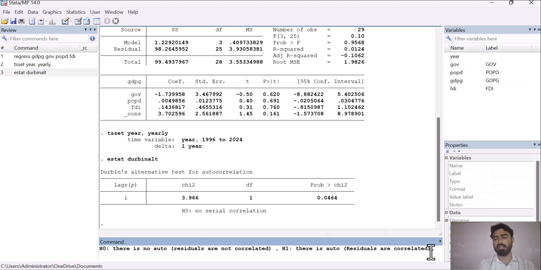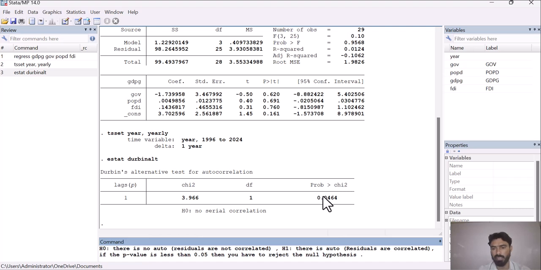So this is our null and alternative hypothesis. So what is the guideline to accept or reject the null or alternative hypothesis? We have to see this p value, this probability value. If the p value is less than 0.05, then you have to reject the null hypothesis, meaning that you have to accept the alternative hypothesis.